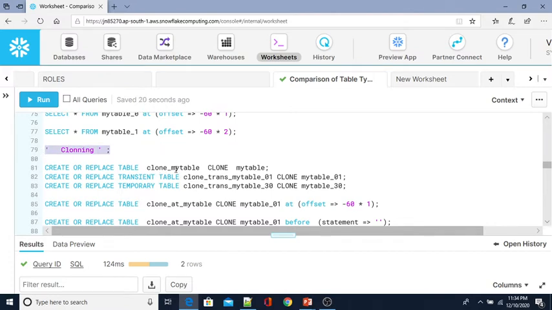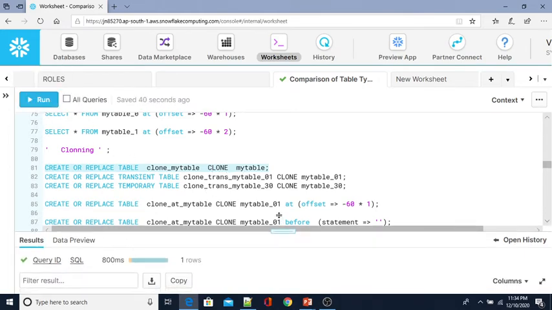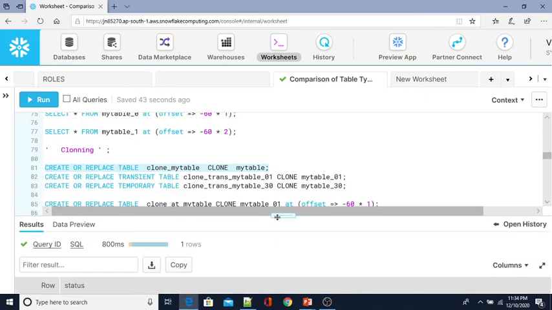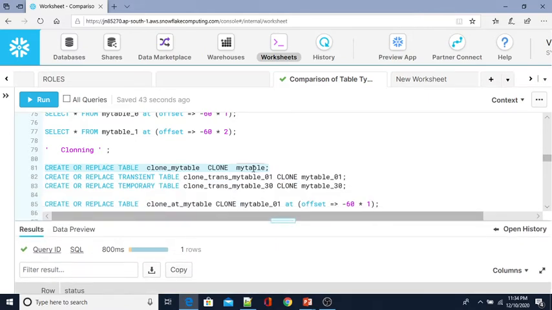So for cloning, you use create or replace table, your new table name, and the keyword for the clause is clone. After the new clone table name, you have to specify the actual table before the actual table. Now if you run this, the cloning takes the data at present. However many records there are in this table, that many records will come and be inserted into this new table. Yeah, this is the cloning.